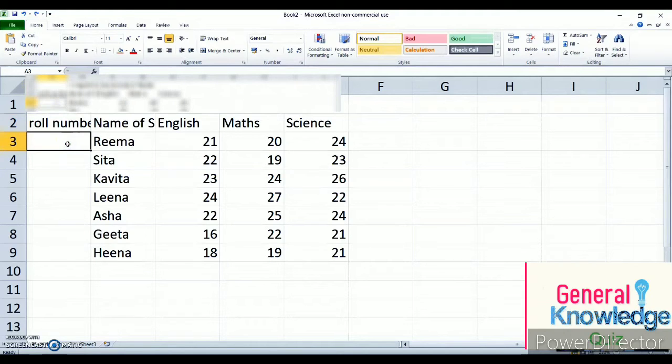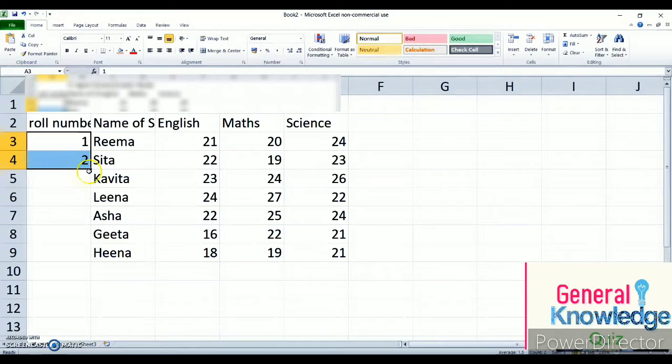You can simply click on the cell, type 1, then press the enter key. Move to the next cell, type 2, press enter key. After this, select both the cells. Click on the number 1 and drag with the left mouse button so both are selected.